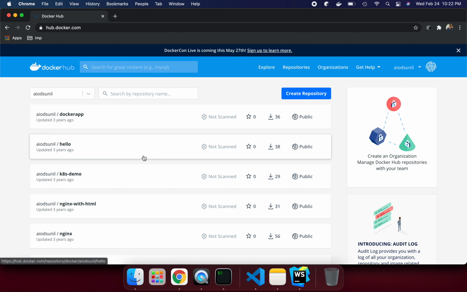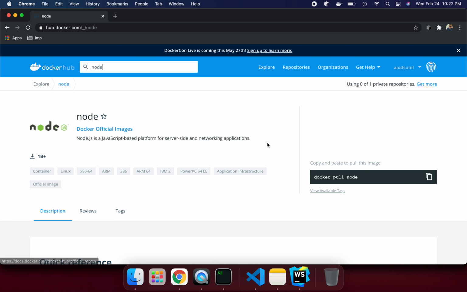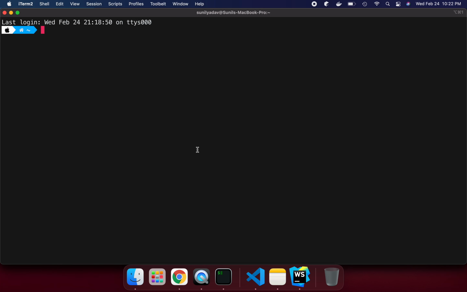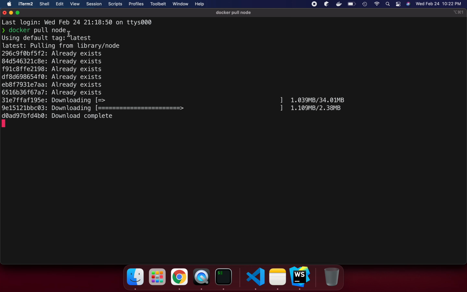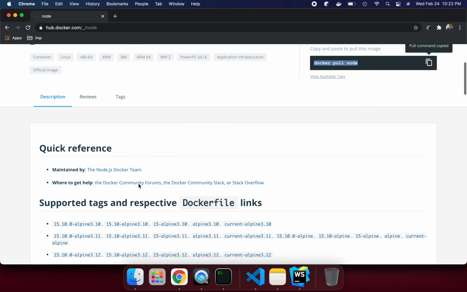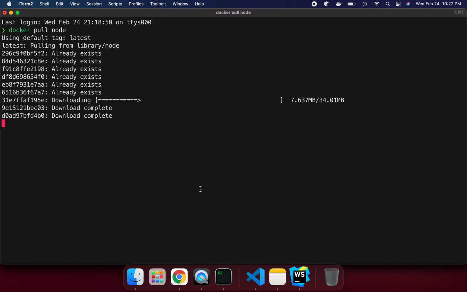If you see Docker Hub and search node, we are looking for this image with docker pull. With docker pull we get the official image. So let's do that: docker pull node. If you don't provide a specific version after a colon, we always get the latest tag. Here you see using default tag: latest. This is the latest tag we are going to get from Docker Hub. Let's see what Docker image we will get. The latest one is available for us.